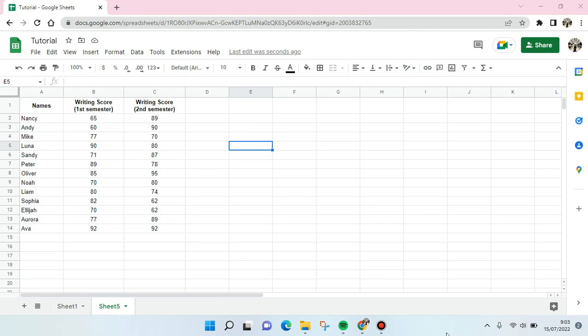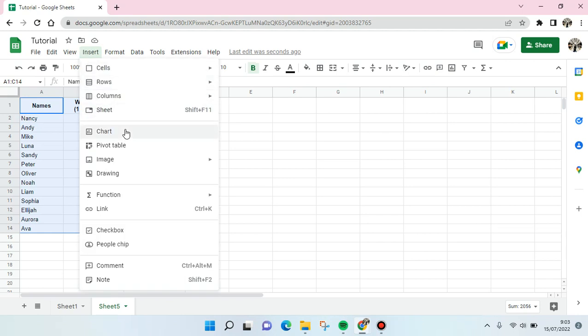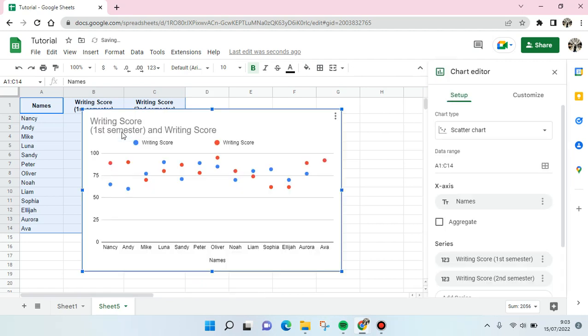On today's video, I'm going to show you how to make a chart in Google Sheets. So here I have my data about a student's grade in writing in the first and also the second semester, and I'm going to make it into a chart. So what you need to do is block the data and then go to the insert menu and you'll find the chart option and just click on that, and then here the